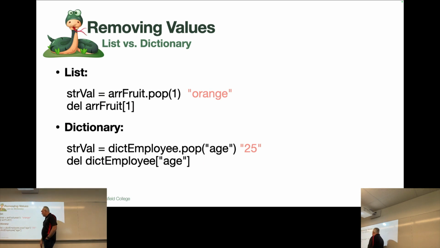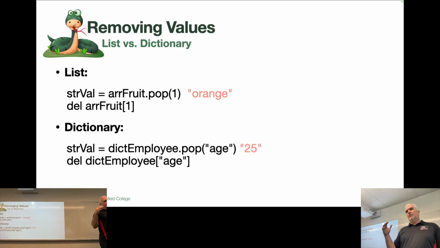value that you removed. The nice thing about pop is that you can use that to simultaneously take a value off of a list and then do something with it. So if you use that in a for loop, you can use that to iterate through the list and do